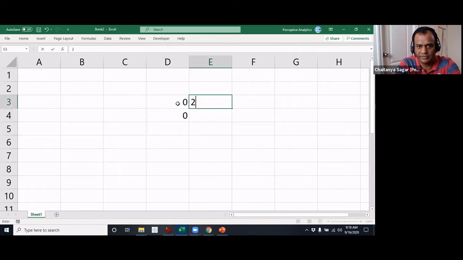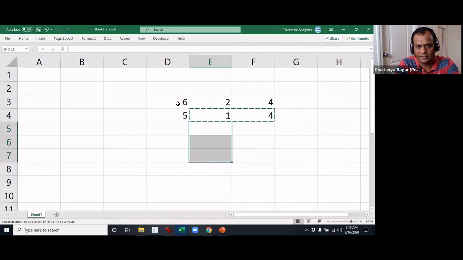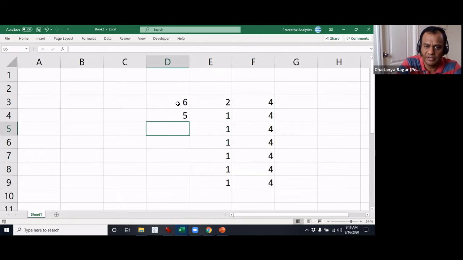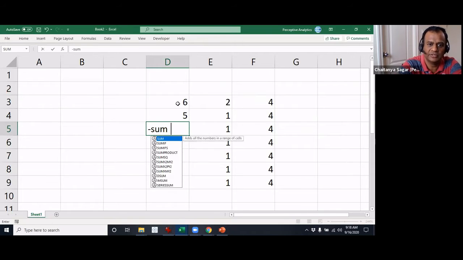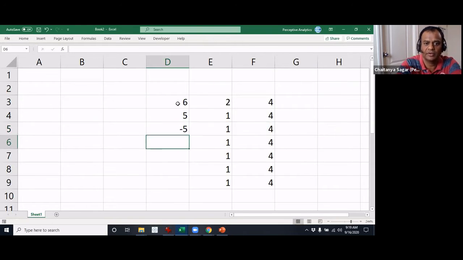Let me just put some numbers here, and so on and so forth. I'll just copy paste this. Similarly, you can also use a minus and use the same function and it will still work. The only thing is it will have a negative symbol because there is a minus at the beginning.